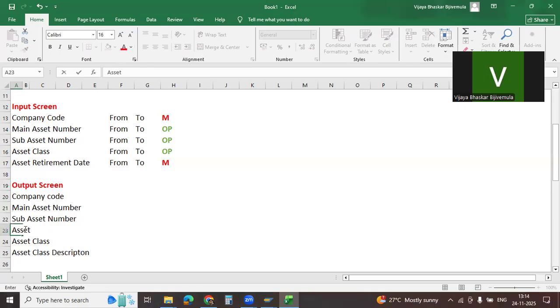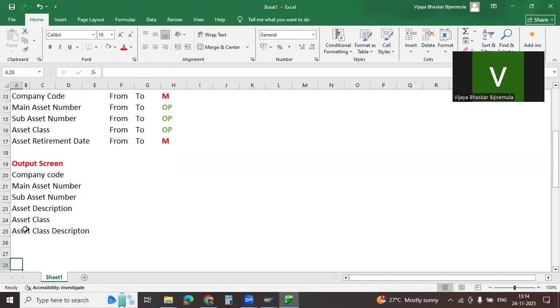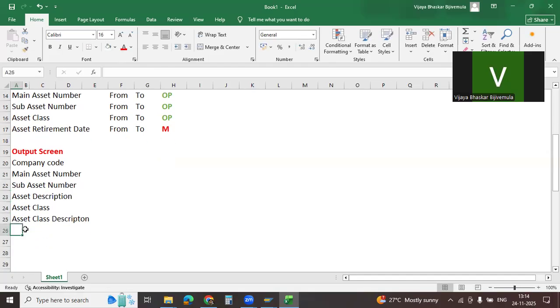Asset description, EMEA category, plant code, and plant name,